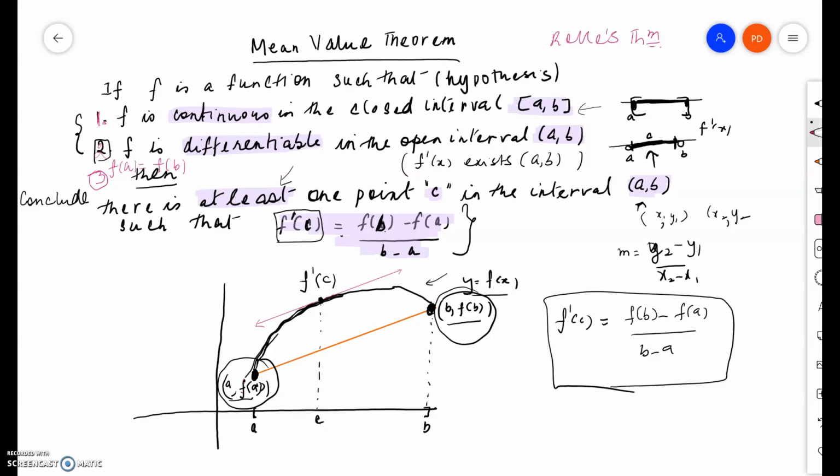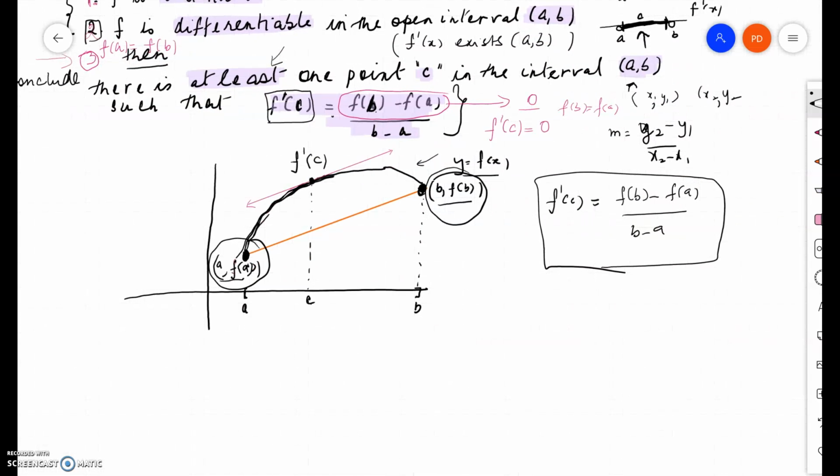And it's the same conclusion, except that the numerator in Rolle's theorem becomes 0 because f of b equals f of a. When you subtract one from the other, you get a 0. So basically, Rolle's theorem says that there is a point c in the interval such that f prime of c is equal to 0. And that's because there is an additional condition that says that f of a is equal to f of b. So basically, if we had to sketch the graph of such a function, it would look like